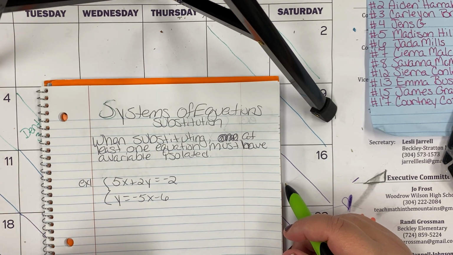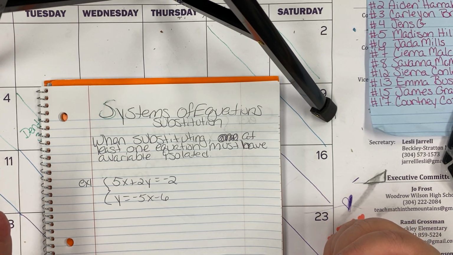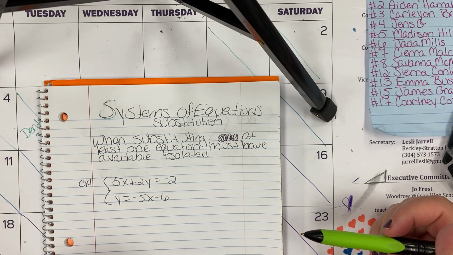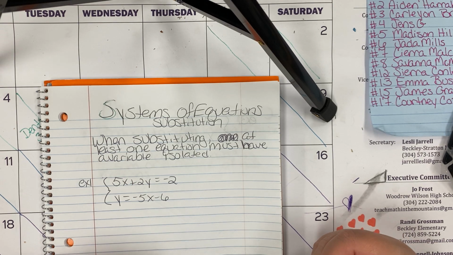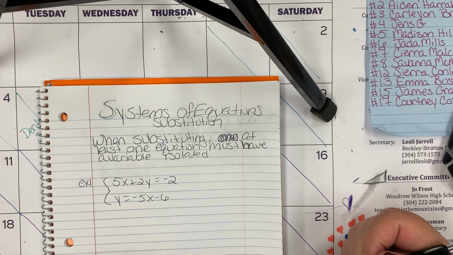System of equations doing the substitution method. So, like I said, there were 3 methods to solving a system of equations. That was graphing, substitution, and elimination. You need to know how to do each one. There's no using elimination when I tell you to use substitution. I want you to know how to do each